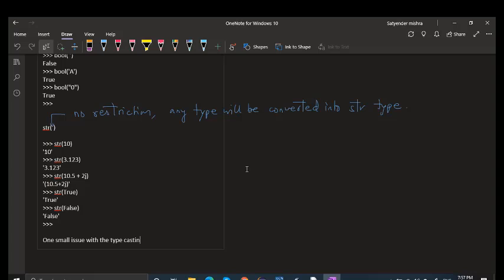Typecasting done explicitly, right? We lose data. We lose data, right? So you have to use the typecasting whenever it is required.